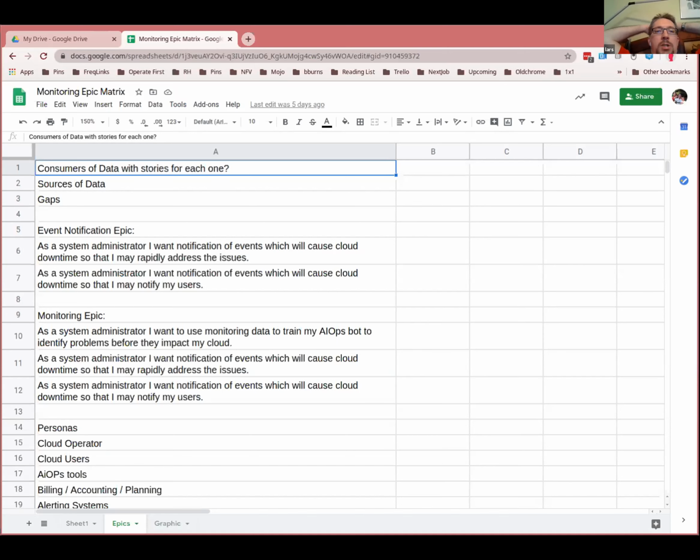Okay, so Bill, your description of events on this screen focuses primarily on failures, but events are not necessarily errors or failures. There are a variety of events that you may want to track that are none of those things. You may want them for billing purposes. You want to know when things are created and when things are destroyed. You may want them for resource tracking purposes. So I guess the focus on failures here makes this inaccurate.